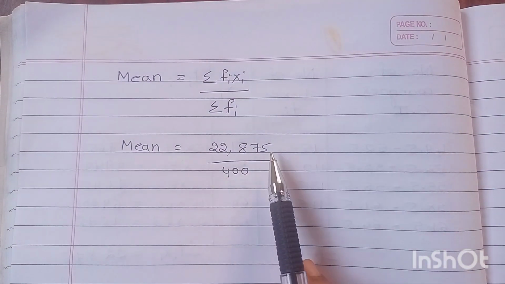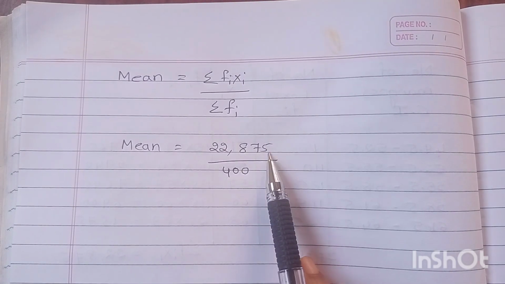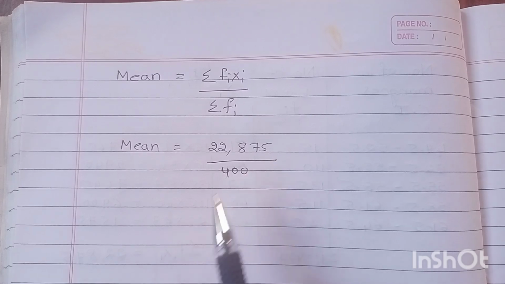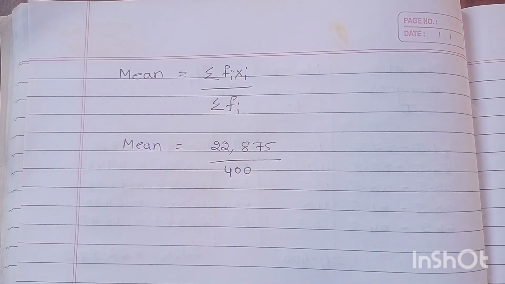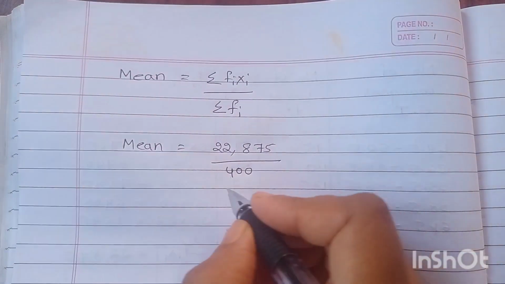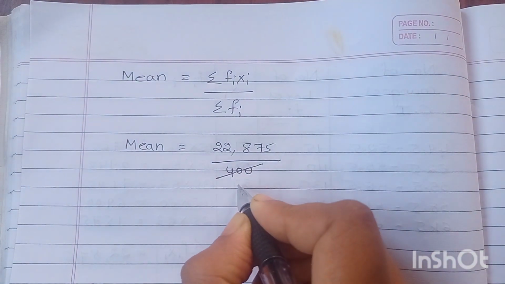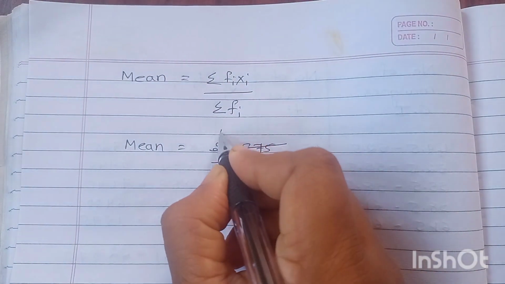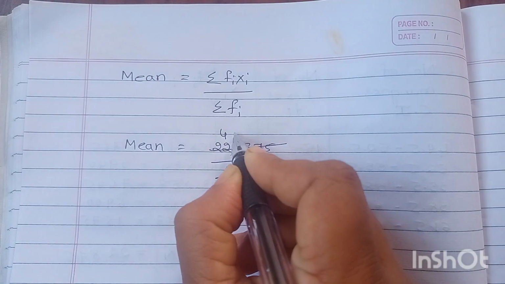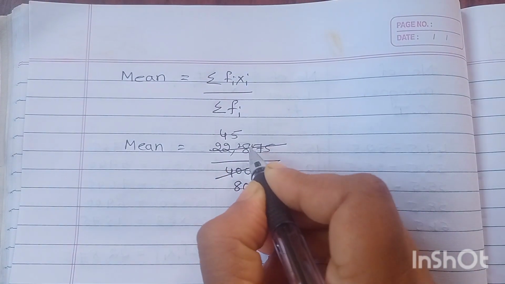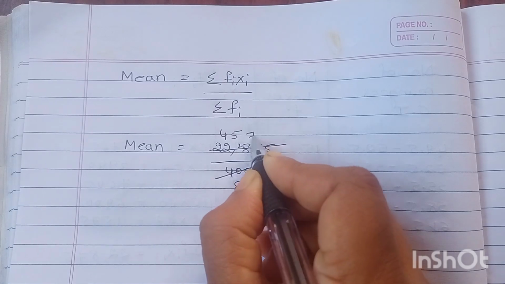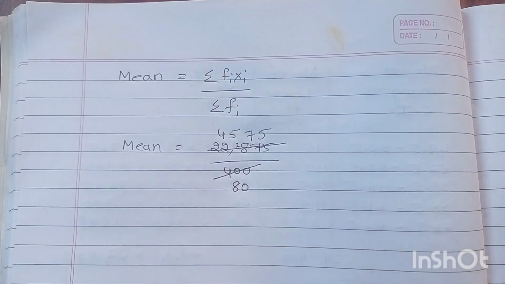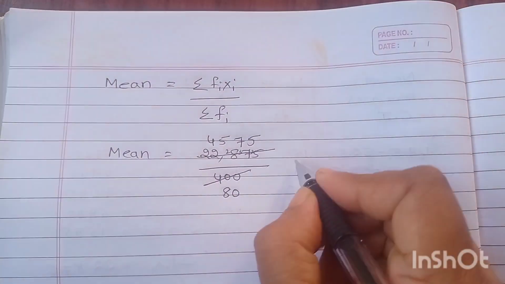Now look at this. Here the numerator is ending with 5. Here it is ending with 0. If the last numbers are 0 and 5, it will cancel by 5, isn't it? 5 8s are 40, and for this 0 let me write 0. Then 5 4s are 20, 2 remains. 5 5s are 25, 3 remains. 5 7s are 35, 2 remains. 5 5s are 25. Okay. Now